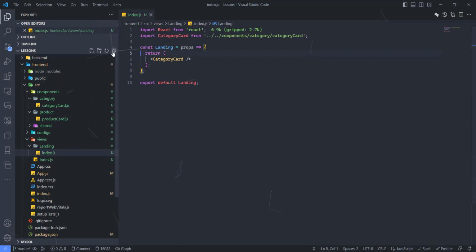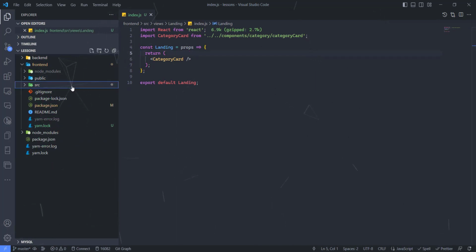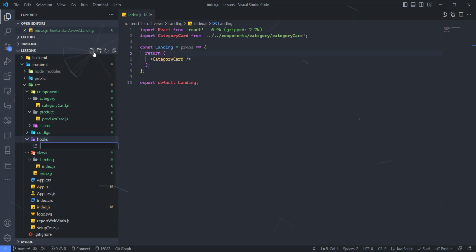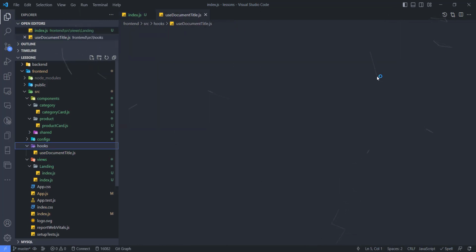So right here within our source, let's create hooks. Within these hooks, I'm going to call it, using the normal naming convention, useDocumentTitle hook.js. Okay, so what this is going to do is we're going to do some simple logic right here. First, we're going to import